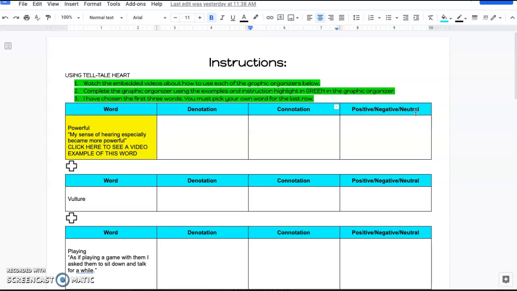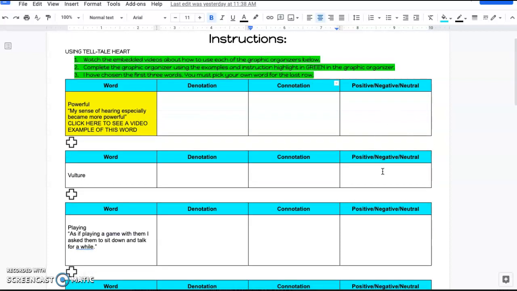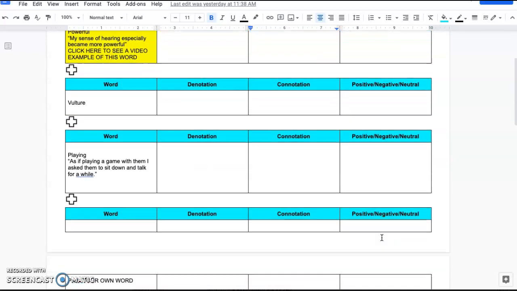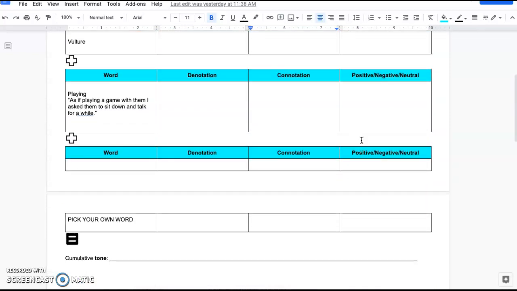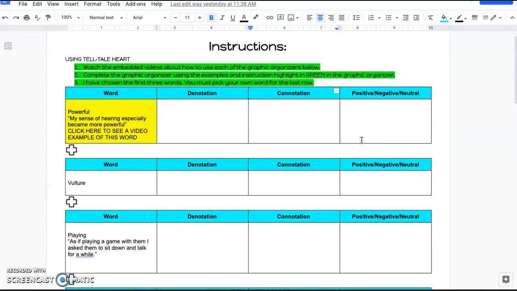So if you guys remember when we talked about tone, I told you once you look at these words and you see positive, positive, positive, positive, if the whole thing is overwhelmingly positive, then the tone's probably going to be overwhelmingly positive. If it's overwhelmingly negative, then the tone's probably going to be negative in some way, shape, or form. So you have to really think about, okay, the author's using a lot of language that has negative meanings. This is what I want to think about.